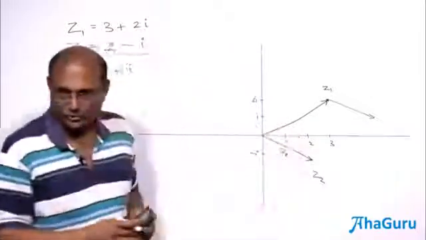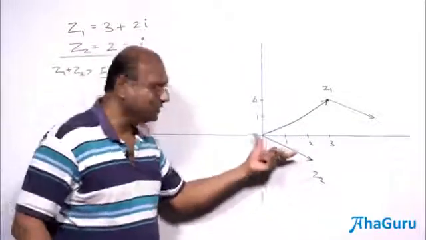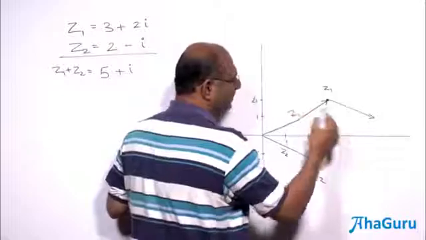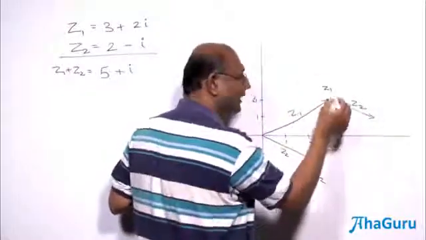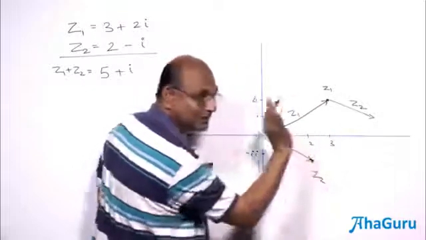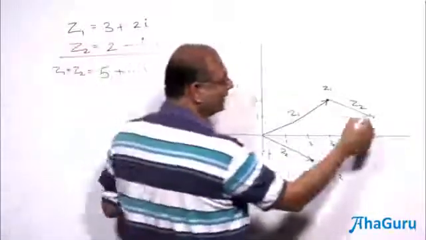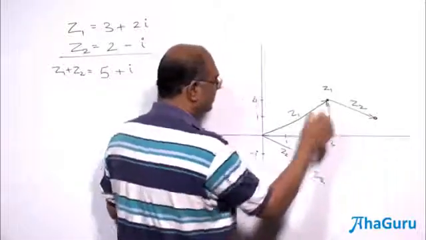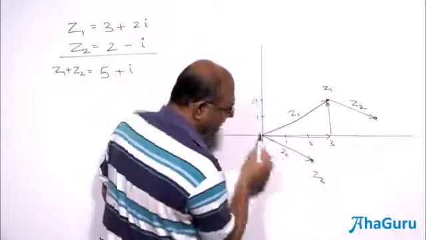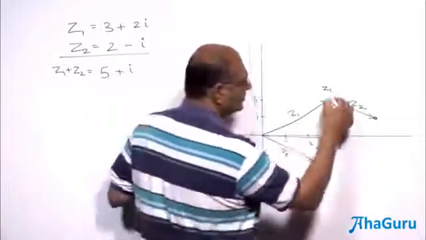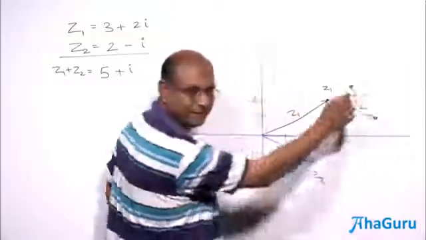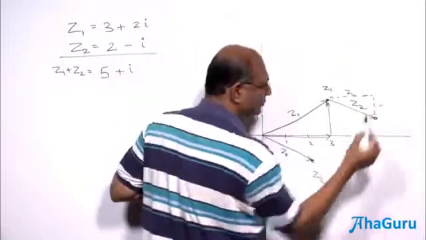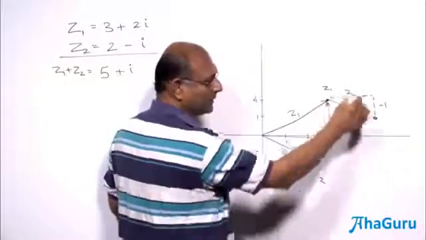I am going to call this vector. You shouldn't technically call it vector, but the same idea. Think of the arrow, Z2 arrow, and move it all the way there. So this is Z1 arrow and that is Z2 arrow. This is Z1 point, this is Z2 point. That point is not Z2 point. But what is that point? Let us think about that point. This was 3 like this and 2 like that. This had 2 movements this way. So this is going to be 2 steps this way. And then you are moving 1 step that way, right? 1 step downward. So this is minus 1. So this was 2 up, 1 down.